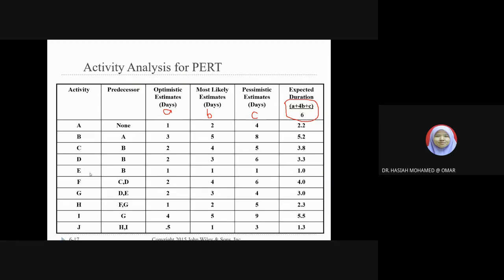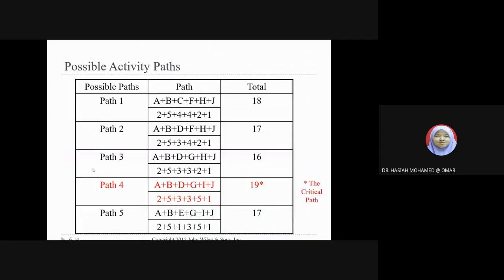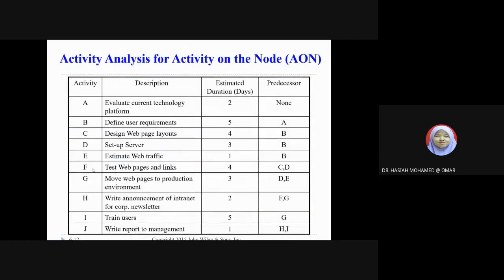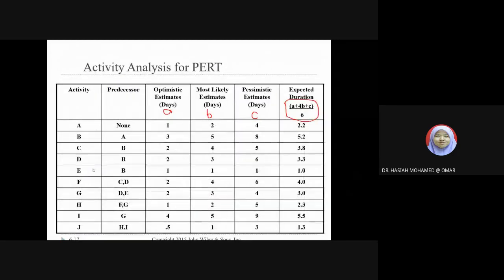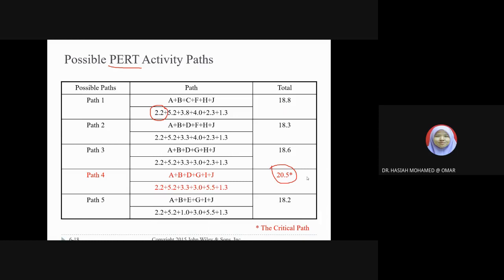contohlah maybe activity E tadi apa, set up server je. Test web page. Okay, dia tak survey activity D. Okay, then you do the calculation lah. So from the calculation, we see that we have possible 5 paths. Okay, so apa nama the calculation ni, lepas tu ikut dia punya formula divide by